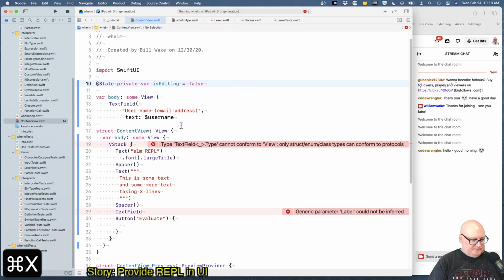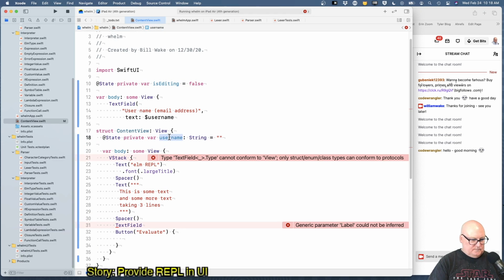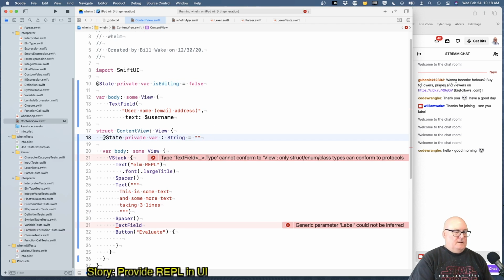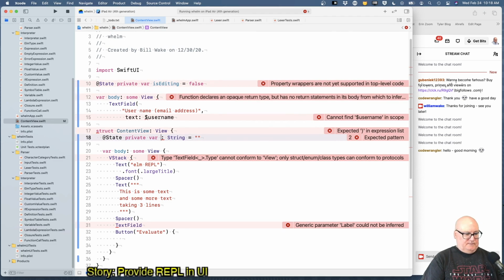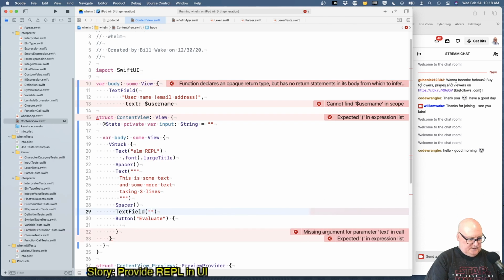Okay. What are we calling this? Input, I guess. And text field with instructions, and the text is $input,